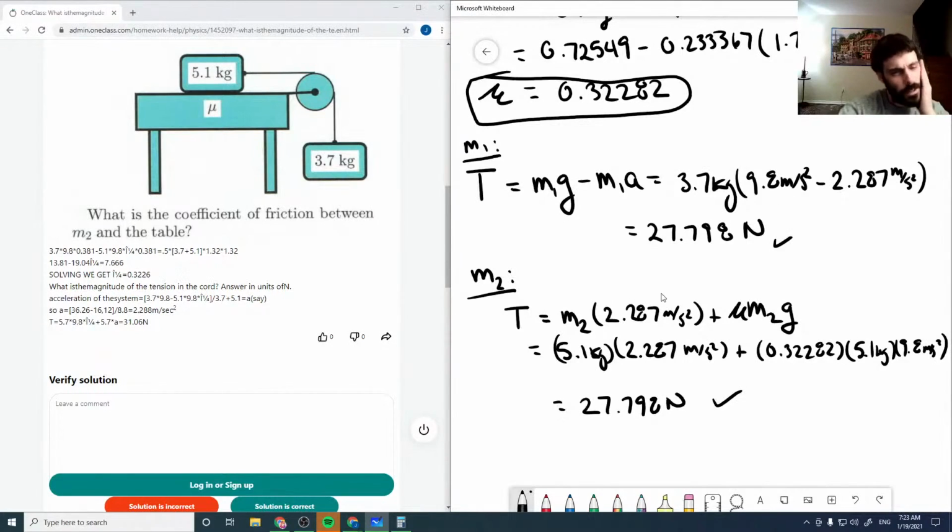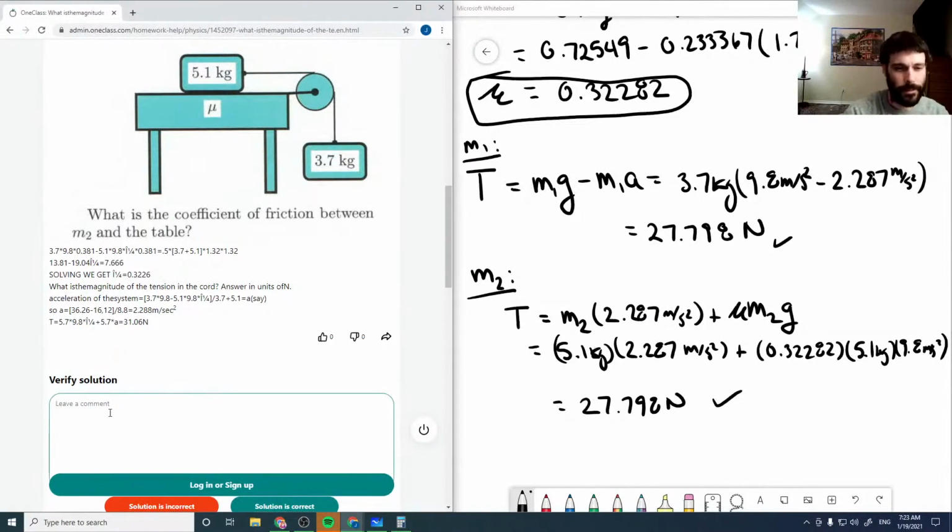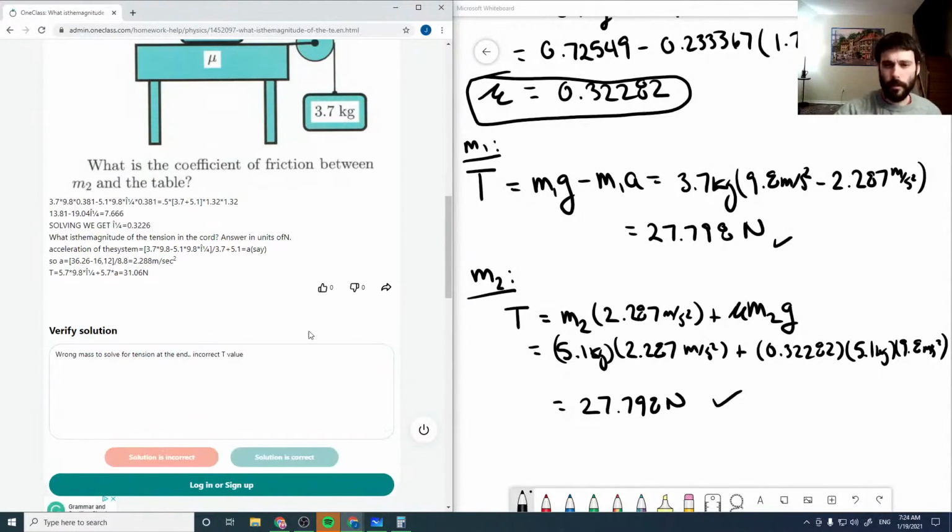But then the tension comes out to be 31, which is strange. So the tension should be 27.8, so they used the wrong mass to solve for tension at the end. Incorrect T value. Alright. So they just used the wrong mass at the end, but that's